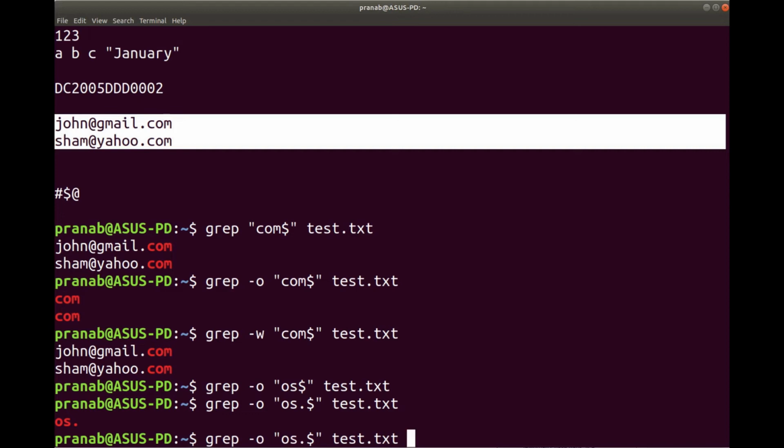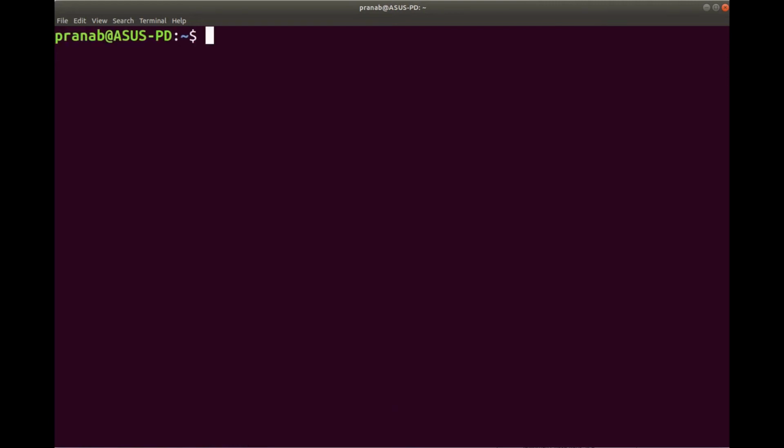Now let us see whether it is possible to search for multiple things in a file. In that case we can use the grep command with the -e option.